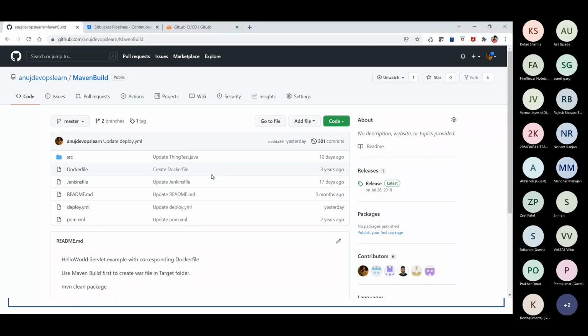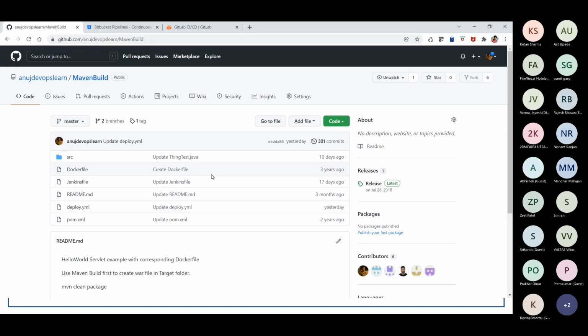Right now, as you can see here, we have the source code available. You have a source directory where I have the source code, and I also have a pom.xml file, or Maven script, available there. It depends on your build process, whatever automations you want to do within your particular GitHub. The same automations you want to do, you will be performing over here also. Here we will be trying to set up whatever you want to achieve.